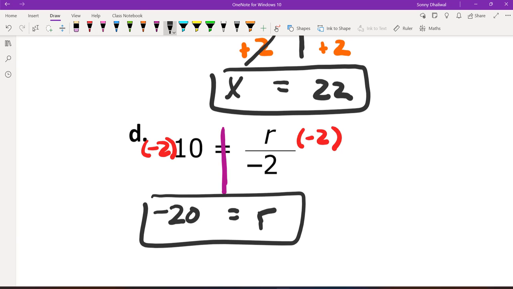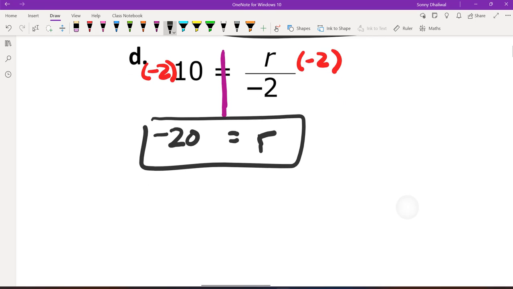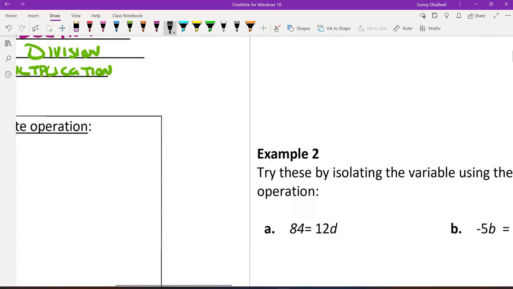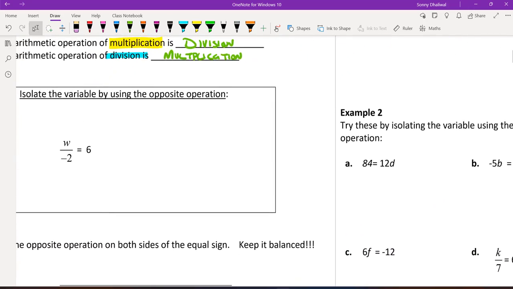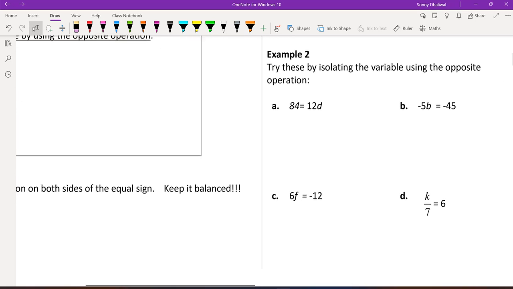Negative 20. Well, why are we writing it backwards? Because the R was over on this side. So it just stayed on this side. Okay? It doesn't matter what side the R is on, right? Or the letter's on. I know most people like it on the left side. Okay. Now,